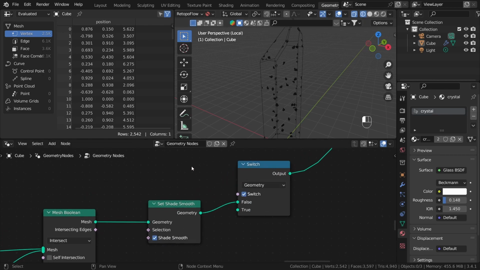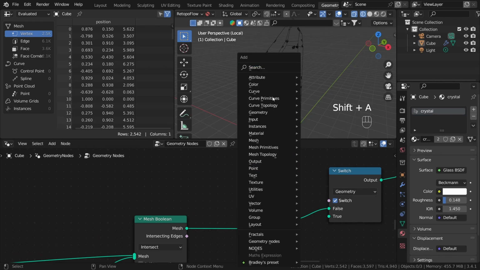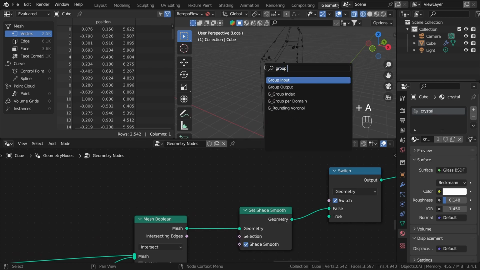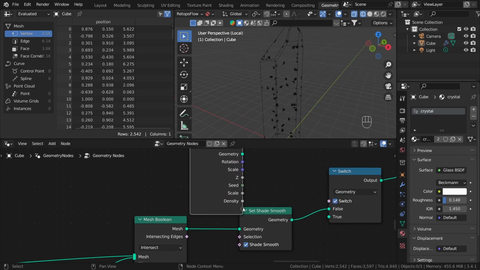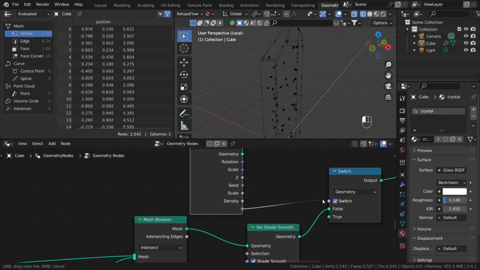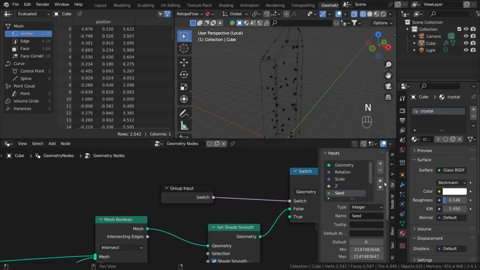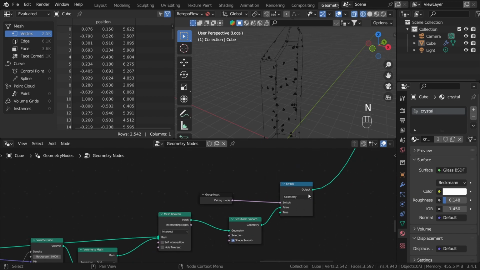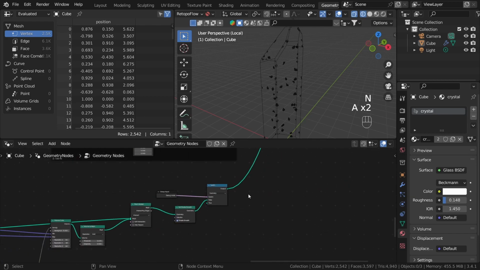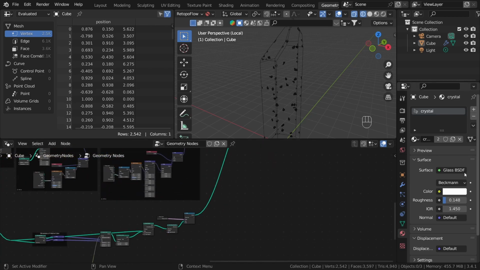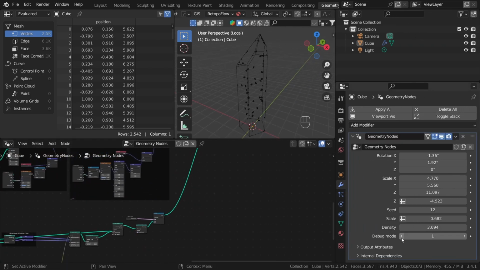So I'm gonna plug it also as a group input, and I'm gonna call it debug mode. Okay, so as you can see, when I turn off debug mode,